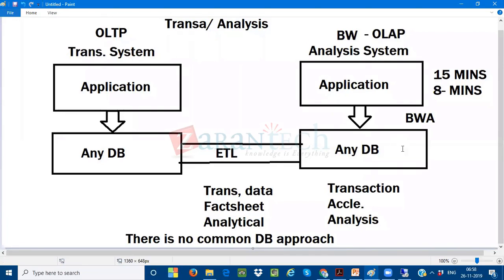So whatever the report which I'm expecting, I will ask my BW consultant to get the report from this system, not from your OLTP system. I will get this report from your BW system, Business Information Warehouse system. So these people are going to do that activity. They will develop this report and they will give it back to you through the same ETL process so that you can see the report.